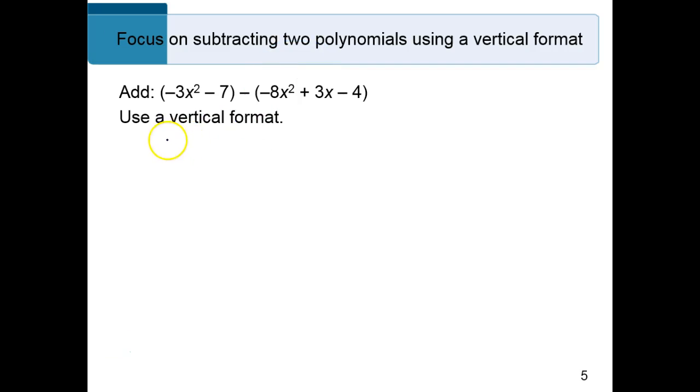Vertical format. Minus 3x squared. Now remember the little rule I sort of popped in on you before? If you're missing a term,